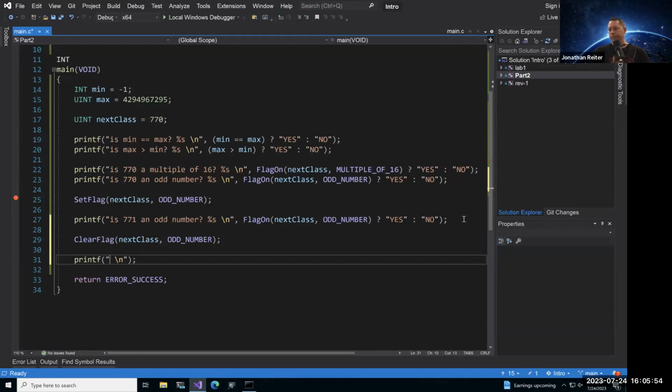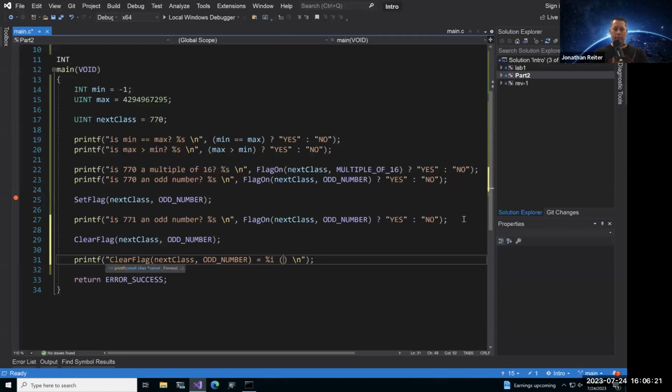This time we're going to modify the printf statement just a little bit. Here's what I'm going to put inside: clear flag, next class, odd number as a string. And I'm going to say is equal, so equal sign, %i.